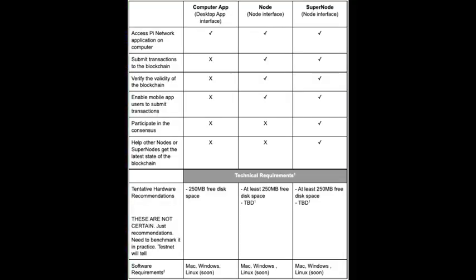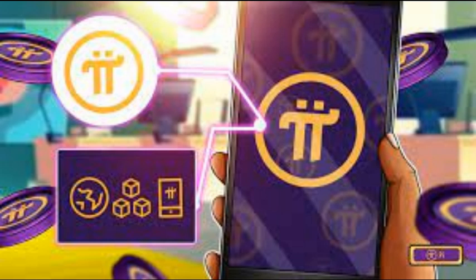See the table below for a summary of the 3 levels of participation in Pi node software, and the hardware and software requirements for computers at each level of participation. Notes: more precisely defined hardware and software for Pi's nodes will require additional data from the initial testnet of nodes in the selection stage, defined below in the testnet roadmap, on how the node performs on a variety of hardware and software configurations.